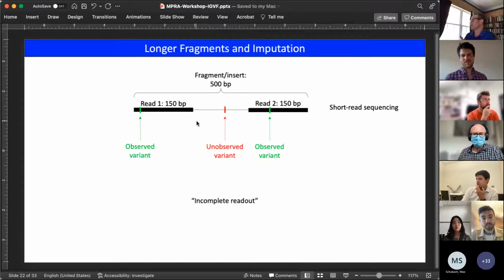And so one question I have is, well, 2 questions. First, do we have to throw them away? So could we do something like imputation, which I'll talk about on the next slide. But secondly, is there any downside to using long fragments? And I can imagine that if they got extremely long, you could have issues with the actual experiment, with the stability of the plasmid and the RNA and so on, or even just integration. But in terms of these unobserved variants,